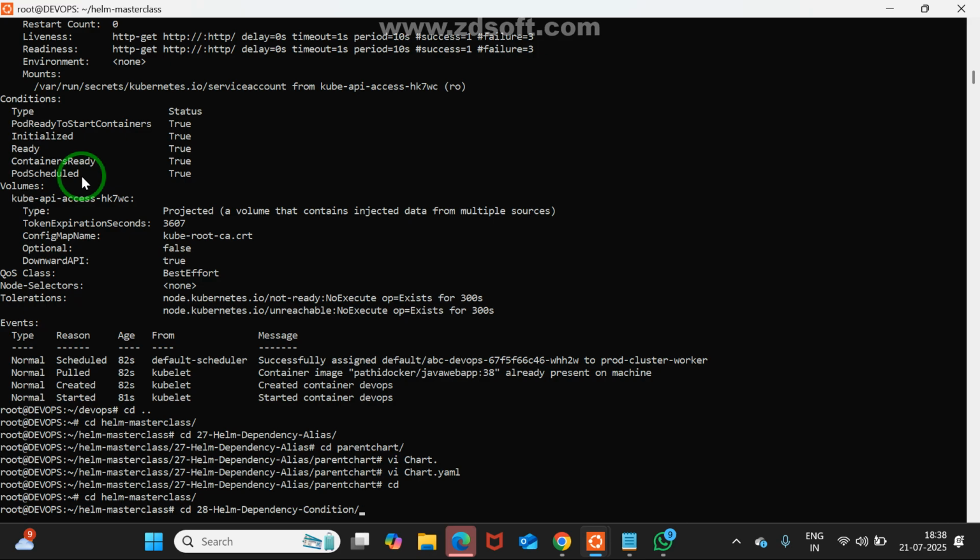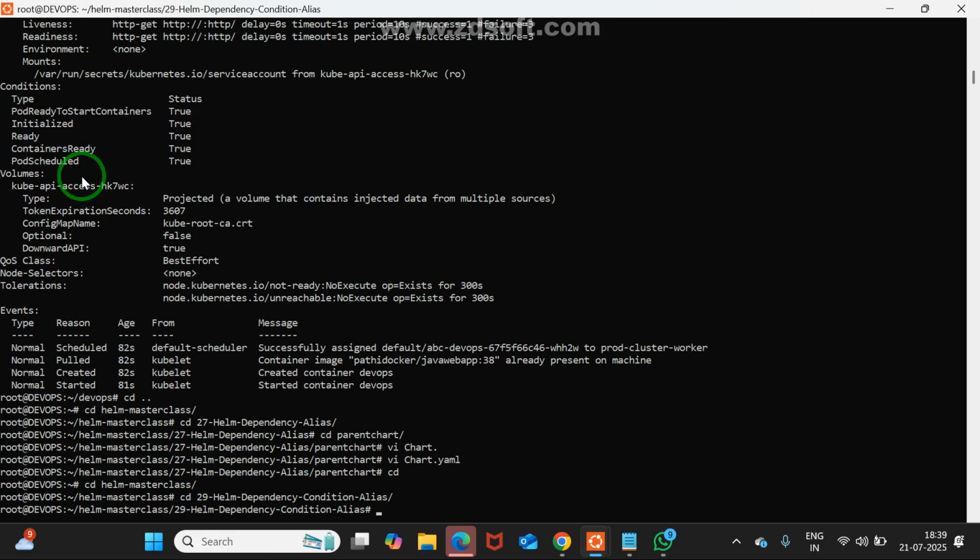cd .., 29. See, helm dependency, condition, alias. Maybe both things: condition is there and also aliasing is there. First, I'll enter into that. We may see, and if any difficulty, we'll discuss. Now, go for